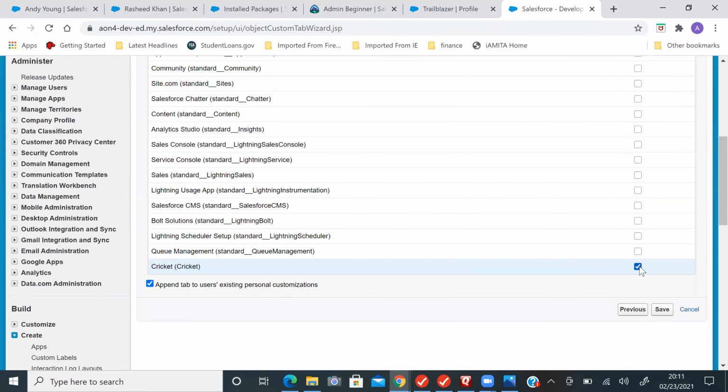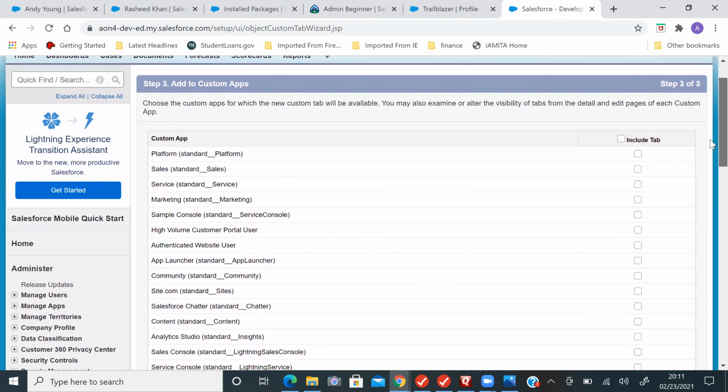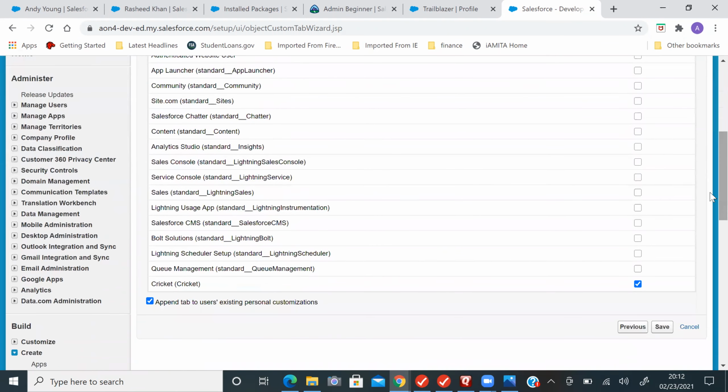Here you have the cricket application, so the tab will be available to that application only. When you switch to another application like sales, marketing, or service, it will not be available, because we have applied the security and included the tab only in the cricket application.